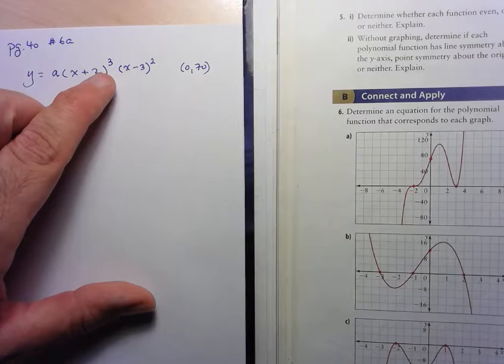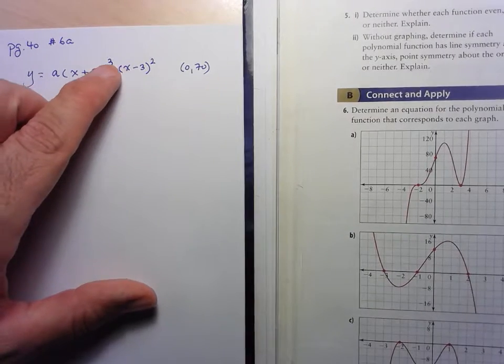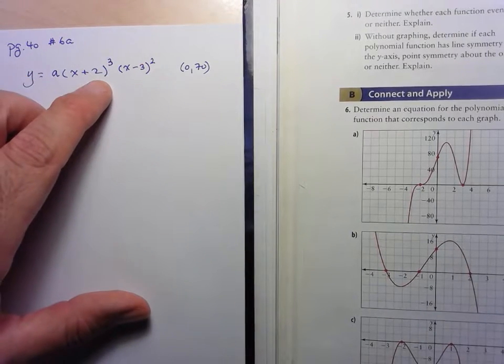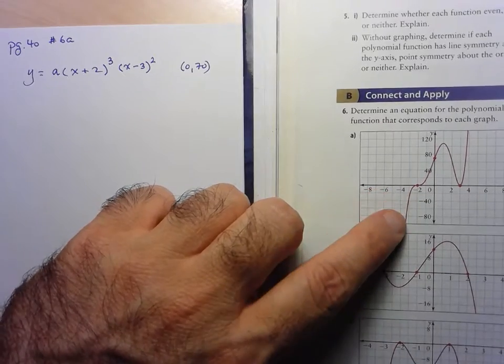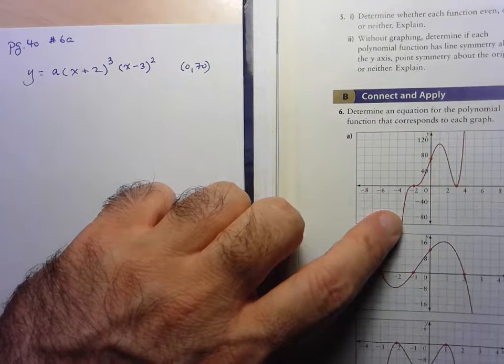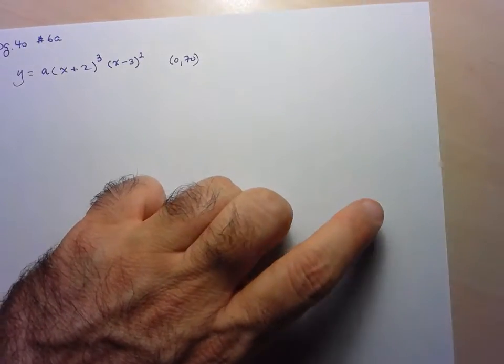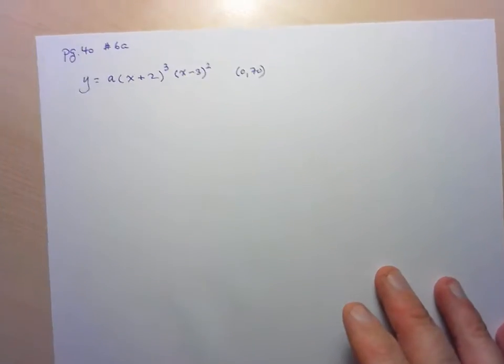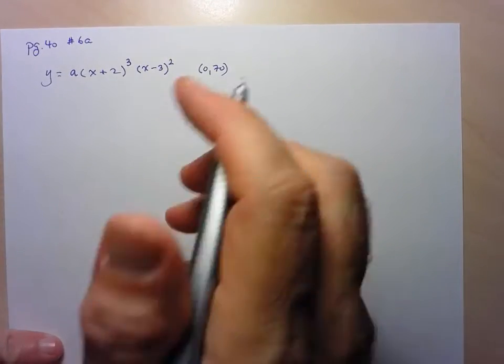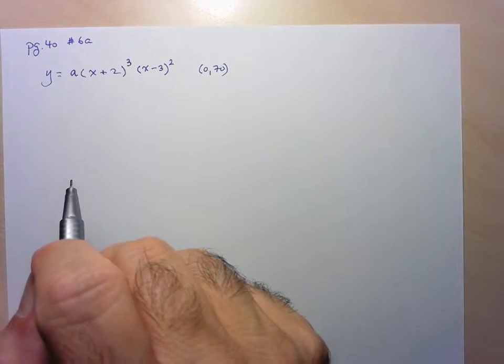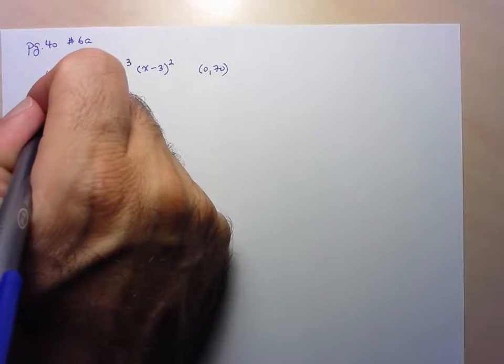Now, by the way, if you look at this equation, you see 3 plus 2. This has a degree of 5, which does fit with our graph. We know that it has to be an odd degree graph. Okay, so in terms of actually determining the a value, nice and easy, we're just going to stick this into our equation. So when y is equal to 70,